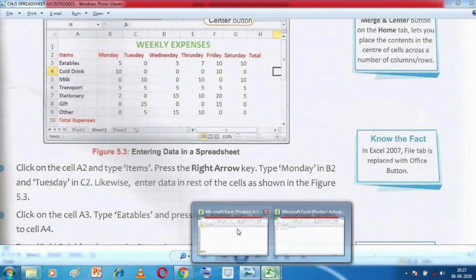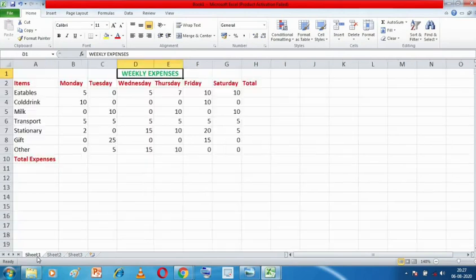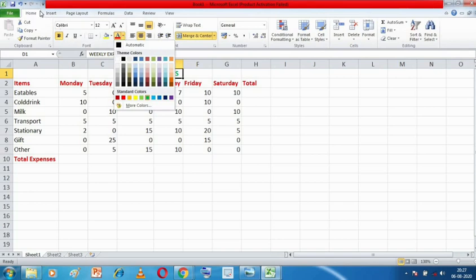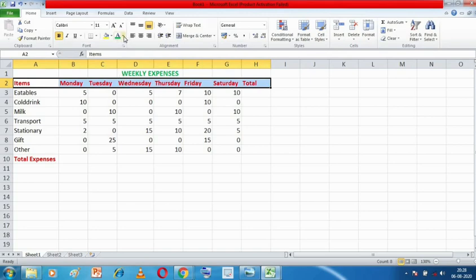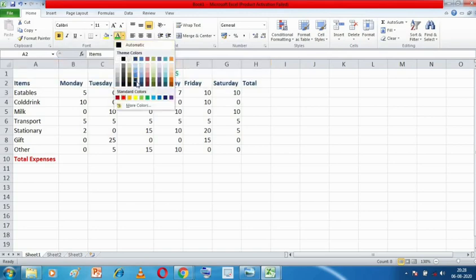Now I have already created this table, over here. Now you'll ask, how did you change the color of this? I just selected this cell and went to the Font group on the Home tab, and this is the font color. Suppose green color is given, so I selected green and this got green color. For changing the color of these cells also, I selected from here to here using the Shift button, and used whichever color I liked. Because it's given red in our book, I selected red.